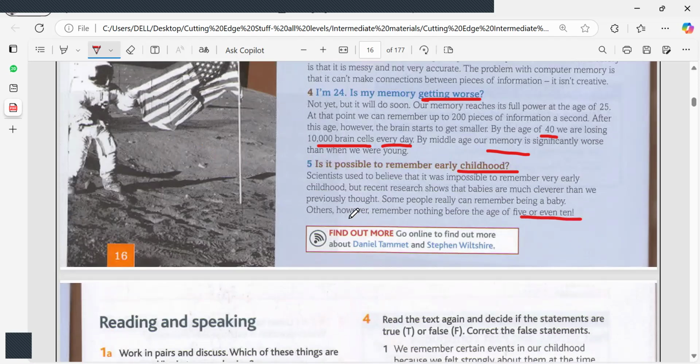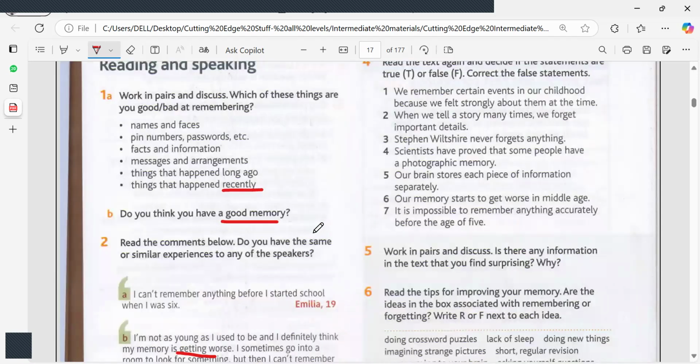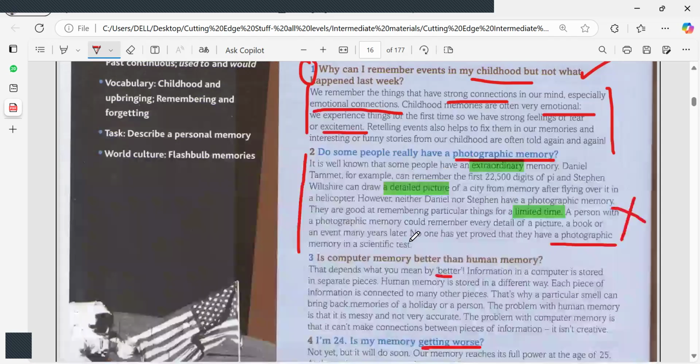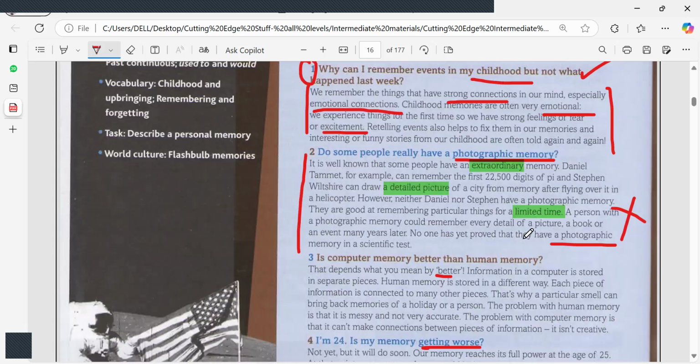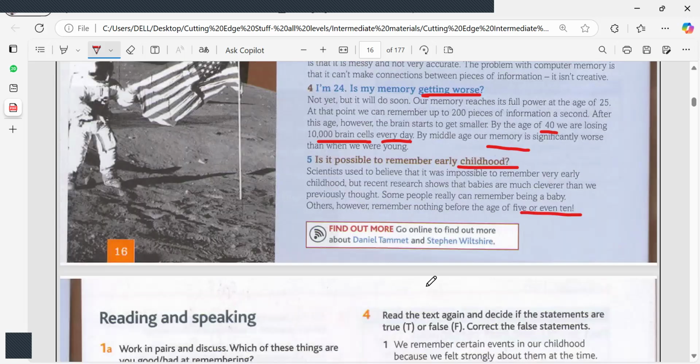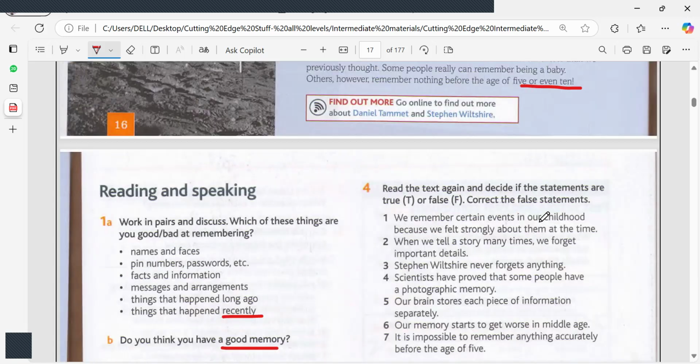Which comment? The first one. Exactly. So it's difficult to remember things before the age of 4 or 5. Okay, so now, Abdulaziz, after reading about and answering these useful questions, we know that our memory is getting worse, especially after the age of 40, and we lose around 10,000 brain cells every day. So we need to improve our memory. ايه الحل بقى؟ كل يوم بنفقد خلايا المخ، نعمل ايه؟